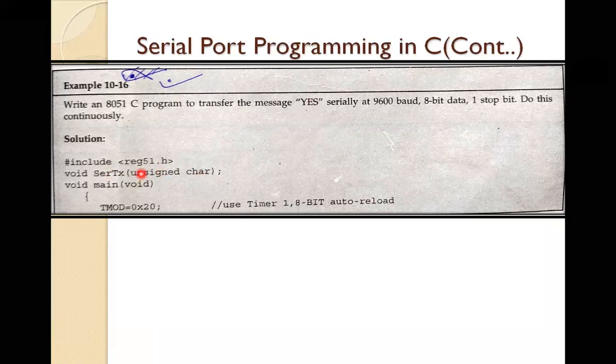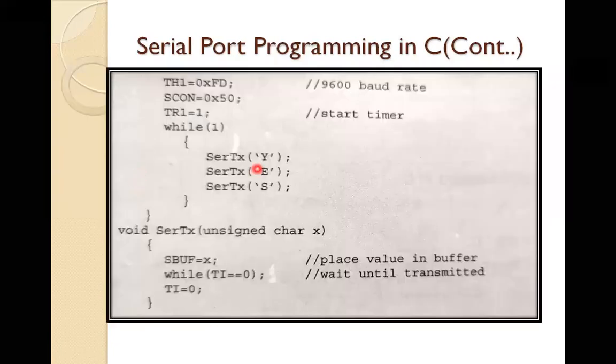Here we are giving the name SERTX for the subroutine. You may give any other name also. So this is the first SERTX. In brackets our unsigned char is inverted comma Y. So this is letter Y. It follows the subroutine task. So when while 1 executes, this first task will be executed, then it transfers the control from this position to the subroutine task.